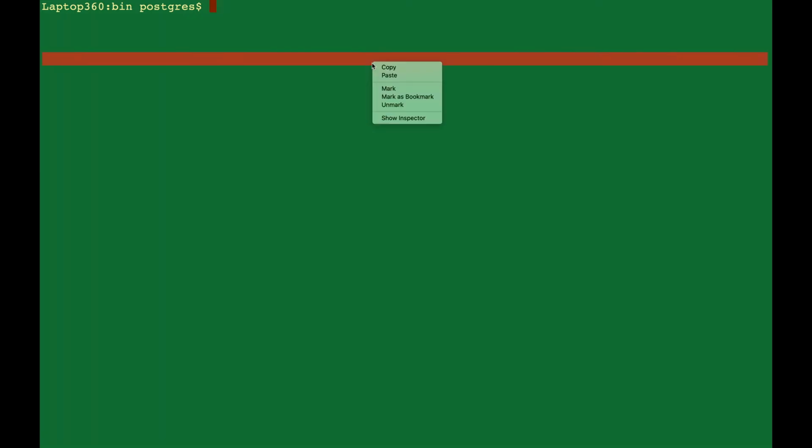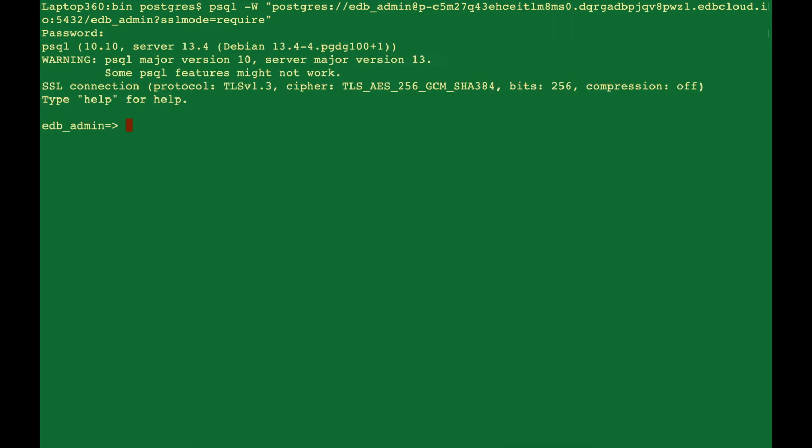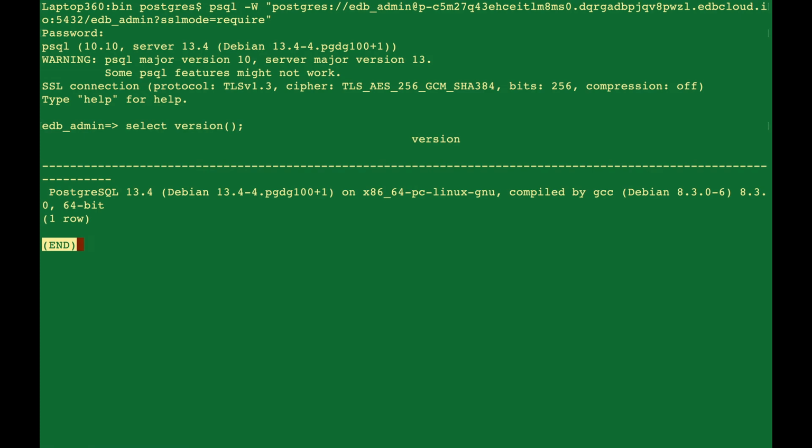Paste the command that we have copied, provide the password, and here you go, connected to the database server which is deployed on the Starlight Cloud environment. You can run any query from here. So this is how you can access the database server using psql.